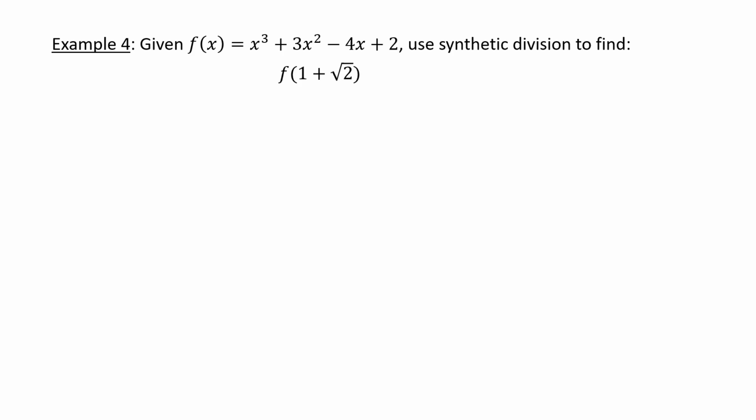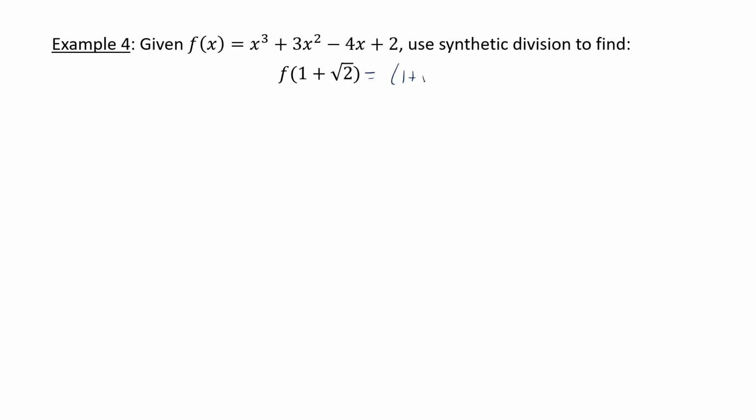Whatever the remainder value is that came out of that would be the actual value of f of x. What that means is if you have a situation like this where it says given f of x equals x to the third plus 3x squared minus 4x plus 2, if you wanted to do it the long way and find f of 1 plus the square root of 2, what you would have to do is you would